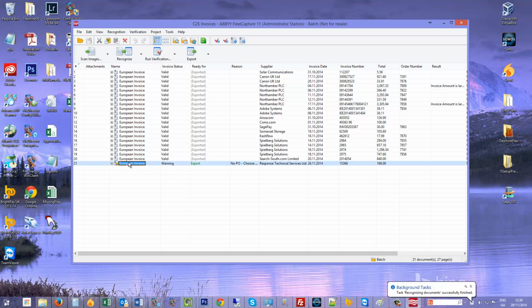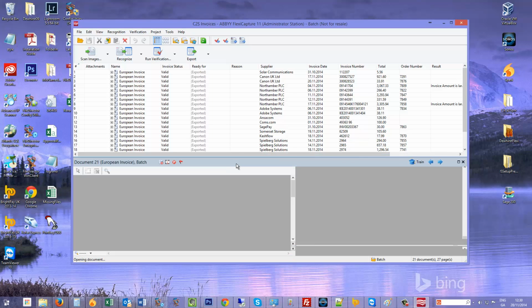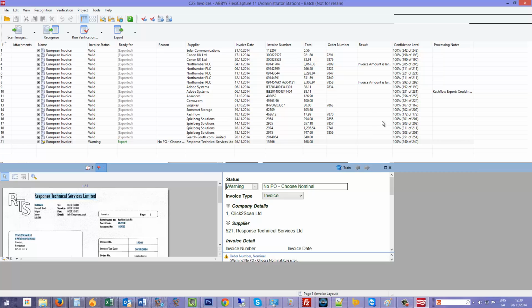Okay, so what we've got here, we're saying it's a European invoice. It's giving me a warning. It's saying it's ready for export, but it's also saying there's no purchase order number, so choose a nominal code. So let's have a look at that invoice. Let's go into it. So if I can expand my program up,